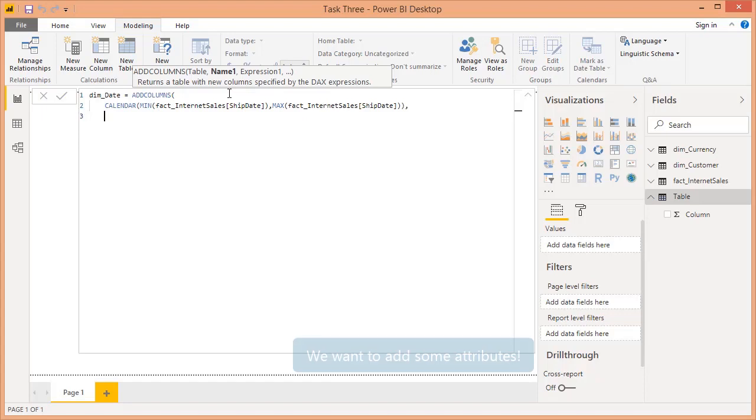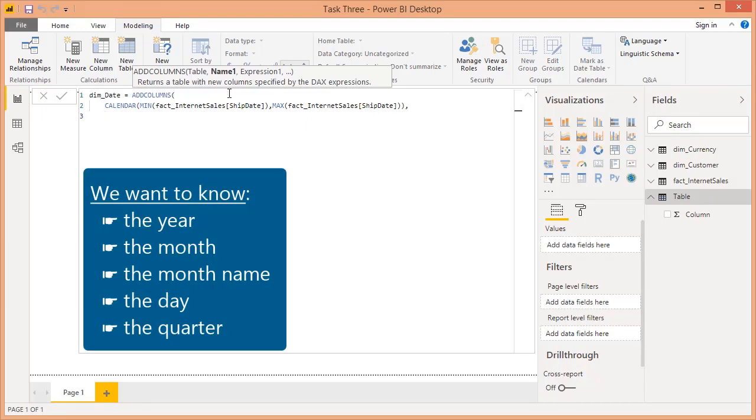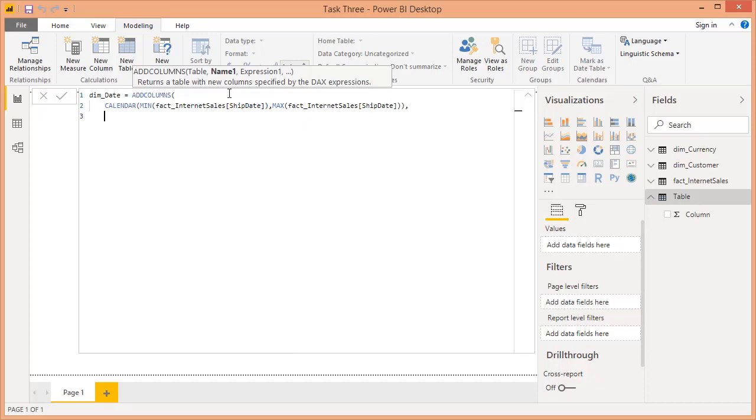Next thing we want to do is add some attributes, because remember, the purpose of the dim date table is not only to give us all the available dates so we can build month on month views, but we also want to have things like attributes. So let's say we want to know the year, the month, the month name rather than a number, the day of the week. Is it Monday? Is it Tuesday? Which quarter is it? All these different combinations, we need to tell our dim table that we want to extract this from our dynamic